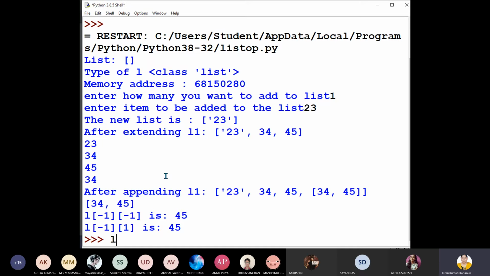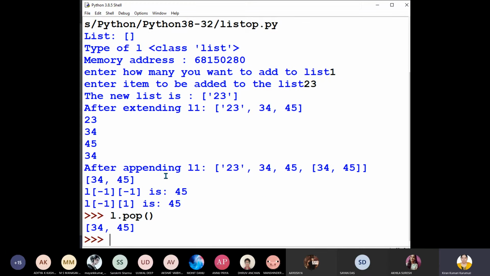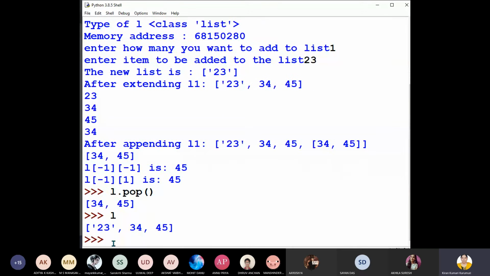So now L का pop करेंगे, ठीक है? If I have not mentioned any index within the pop, which item is removed, that item is displayed. 34 and 45 is removed from L. So if I display L, what is there? You can see, no? What is L here? Can you all make a note of it?